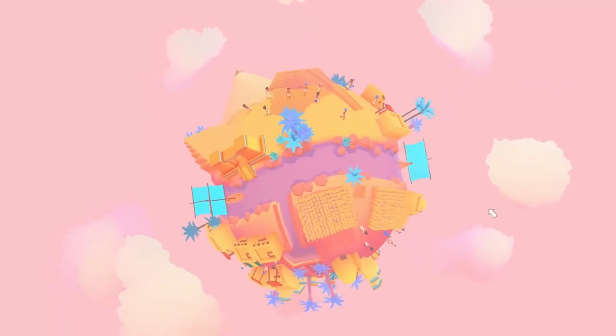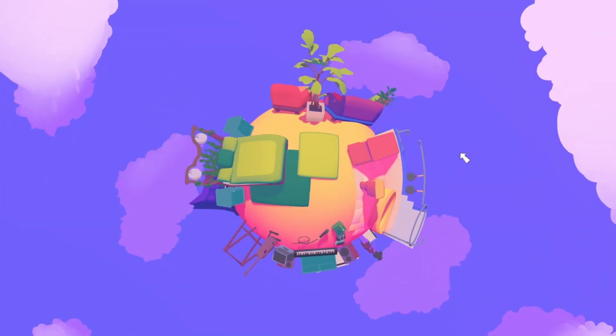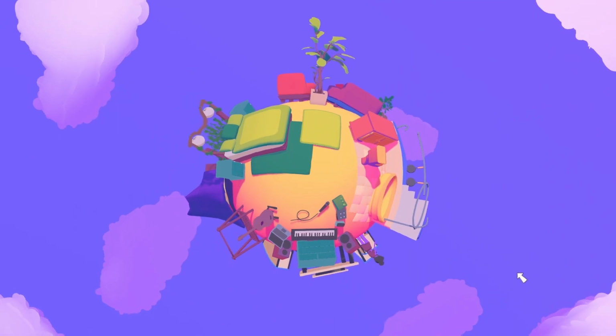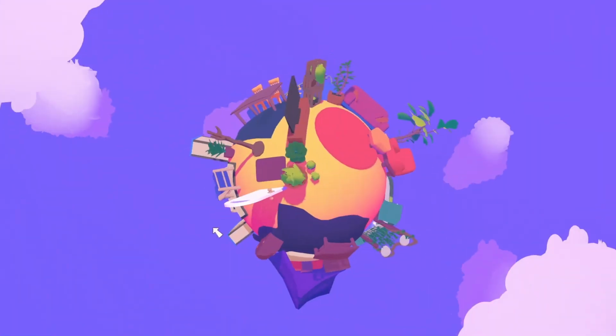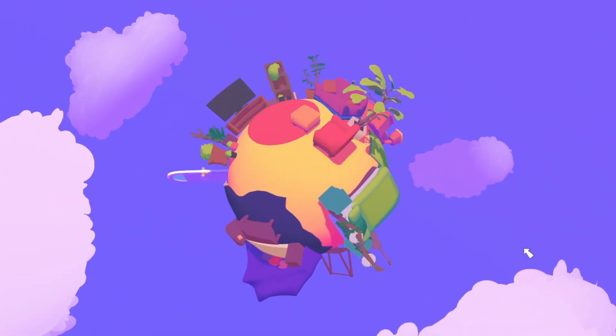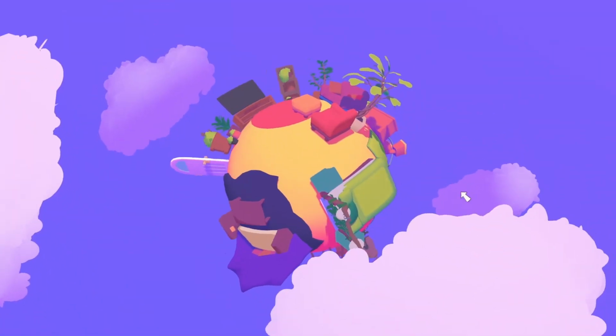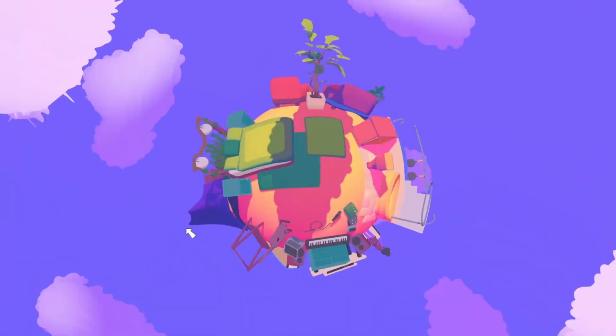Next to the world layer and the culture layer, there will be a third layer of levels that focus on the individual and their everyday life. This example here shows the home of the narrator and main character of the game. It's still work in progress and I'm not quite happy with the colors yet, but I think it's getting there.